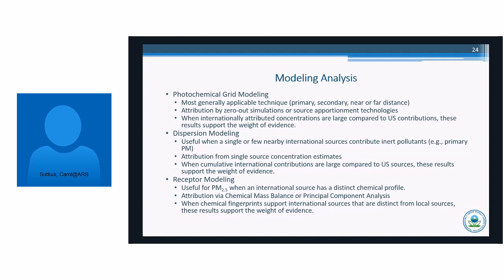The attribution to those international sources is done using chemical mass balance or PMF or principal component analysis. And when those chemical fingerprints support international sources that are distinct from local sources, then these results support your overall weight of evidence.